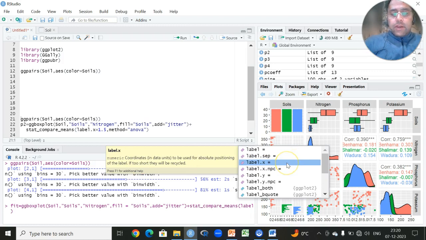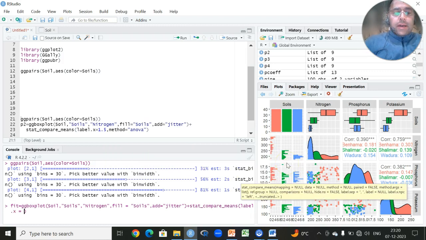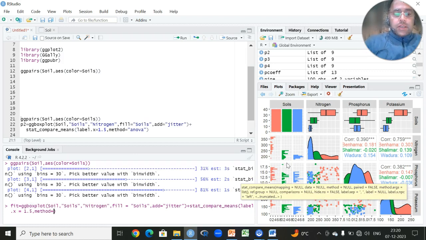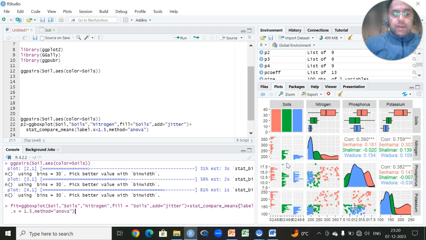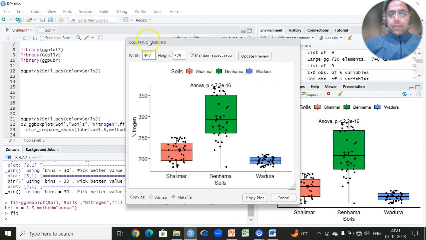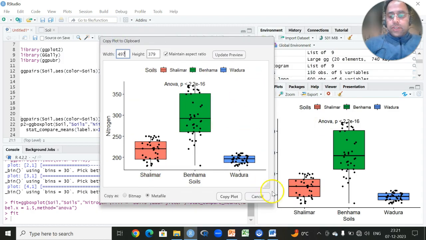Okay, I will click on this. Then after that 1.5 by default. The method I want to use is analysis of variance. Then I will click on this and let us see what will happen now. I'll write fit. Okay, we'll be having a plot like this, and if you stretch this,